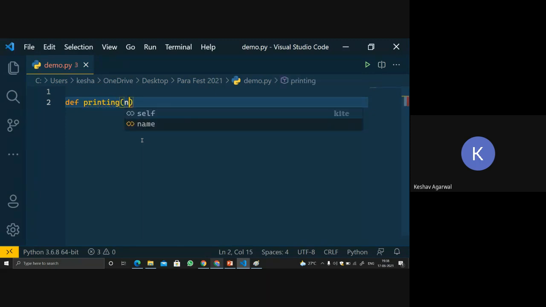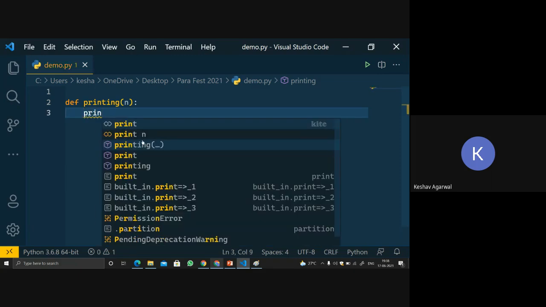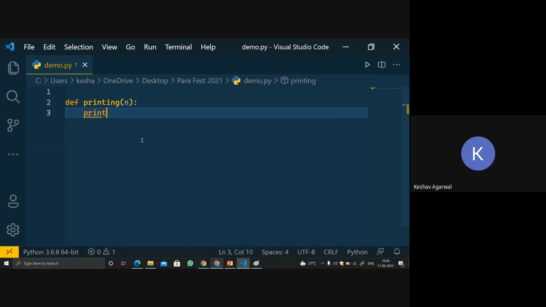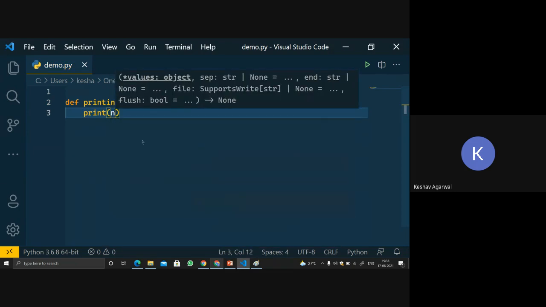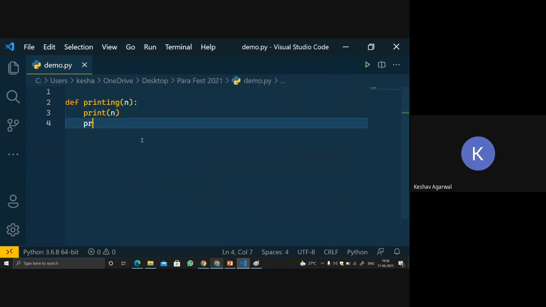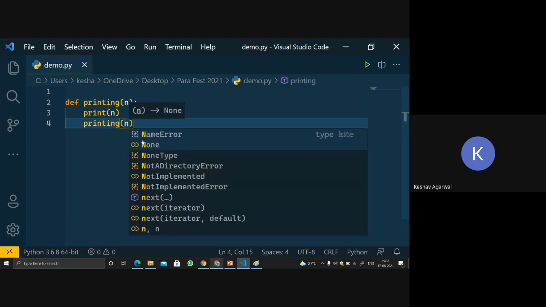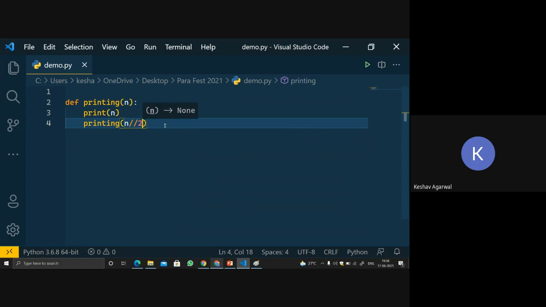It takes a variable n as input. What it will do is first print the number, and then it will call the function printing, passing n divided by 2. So this printing function is calling itself again and again every time.